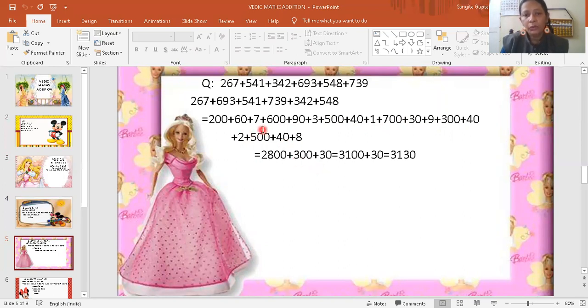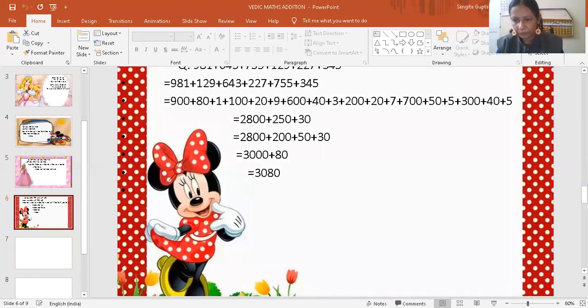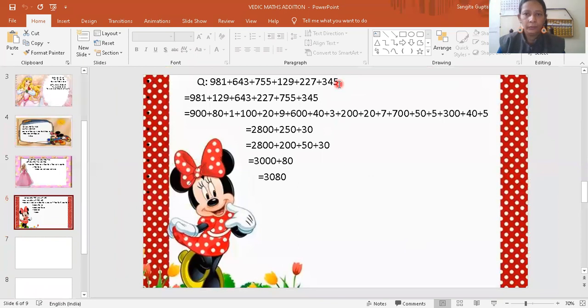Now you have to add unit terms. Now 7 plus 3 is 10. 10, 1 plus 9 is 10. So 20, and then 2 plus 8 is 30. So add 30. Now in your mind, you can do 2,800 plus 300. That will equal 3,100 and add 30. So in your mind, when you do 3,100 plus 30, that will equal 3,130. This is making your work so easy through the Vedic maths tricks. Now let's see the other trick I'm going to tell you here.